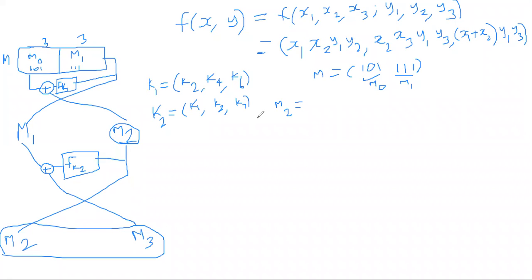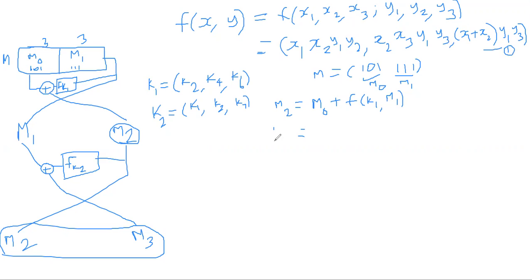Which means we take M0, XOR means plus modulo 2 arithmetic. F is the function that we have, which we need to send key K1 and M1. We know what key K1 is: it is made of 3 bits, k2, k4, k6. Of course, the attacker has no idea about these bits, otherwise the whole thing is broken right away. We want to find those keys, of course. That's where I'm going. Which means if you plug into this formula that I wrote for the definition of F, you will get